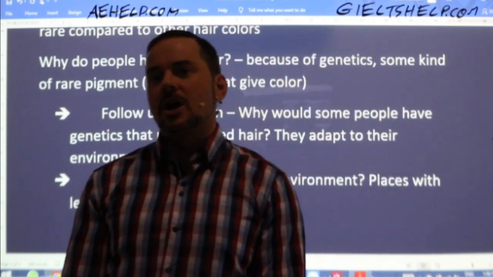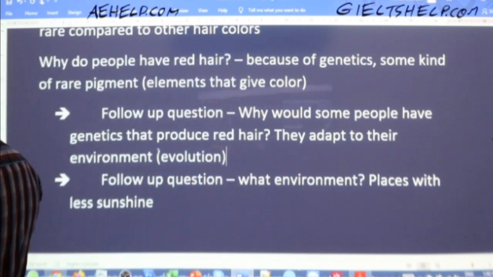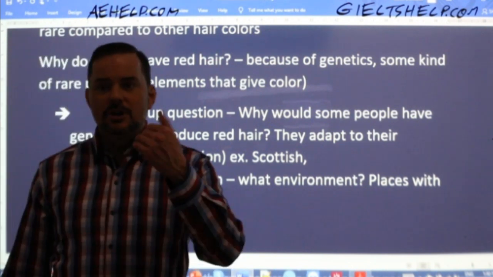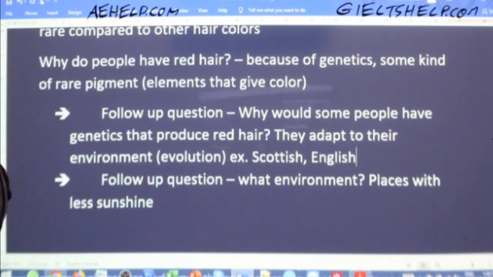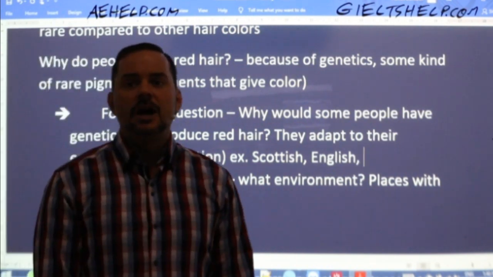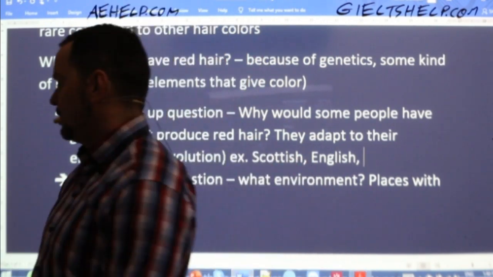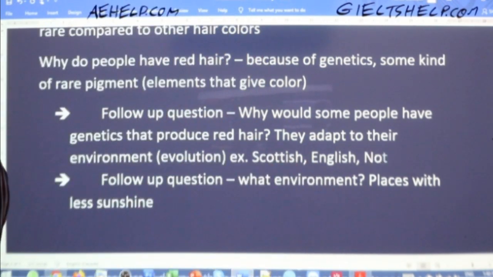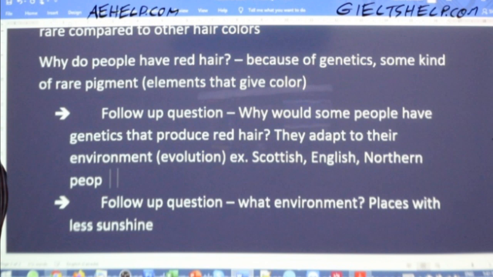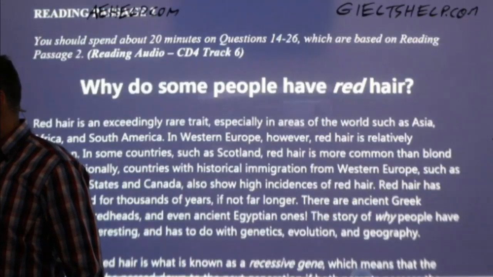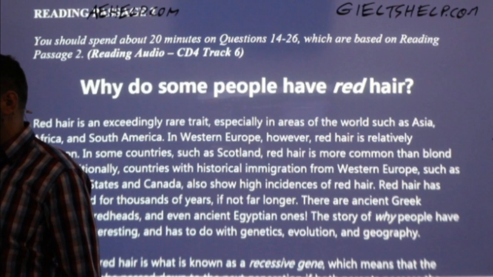So Firdavs says Scots. You see Scottish people with red hair. Scottish, sure. Firdavs says some English people, yeah? There's others, not just English. Rodrigo says, just generally speaking, northern people. So people living in the north, yeah. All right, good. So that's enough. That's good predicting. Again, this is happening fast, students, in your brain.